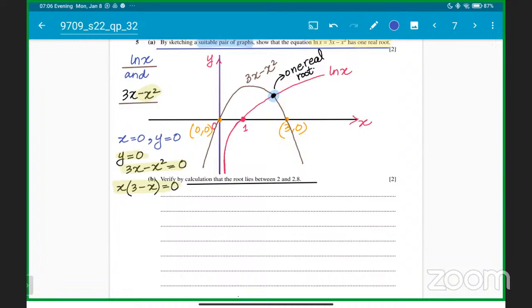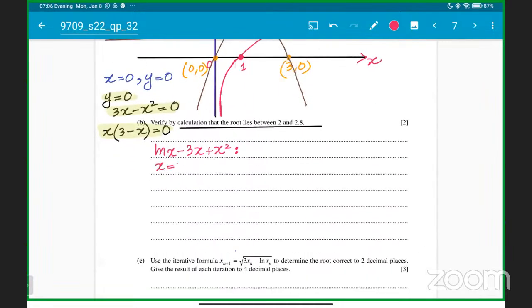First thing will be bringing them all together. So it will be ln x minus 3x plus x squared. Okay, so I bring them all together, and then I'm going to plug in x is 2 and see what value I get. When x is 2, it will be ln 2 minus 3 times 2, which is 6, plus 2 squared. So ln 2 minus 6 plus 2 squared, which is 4. I'm going to get a negative answer, that is negative